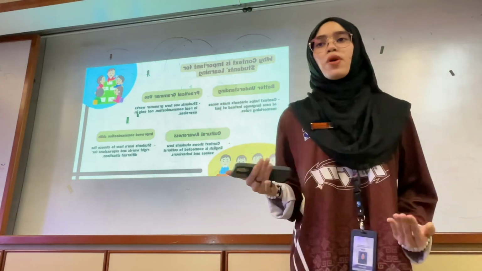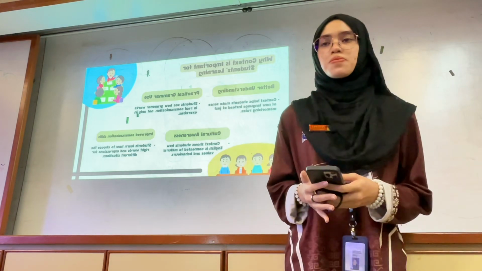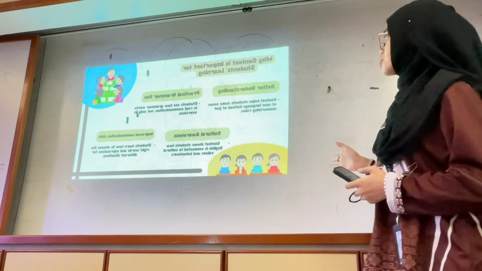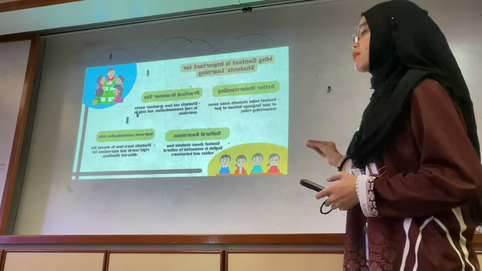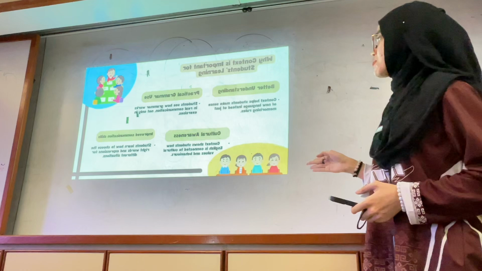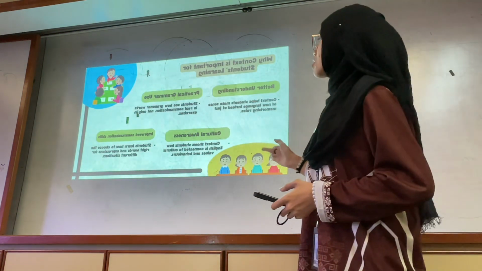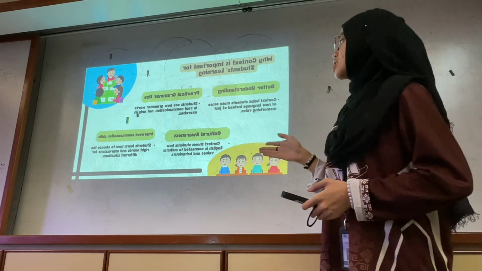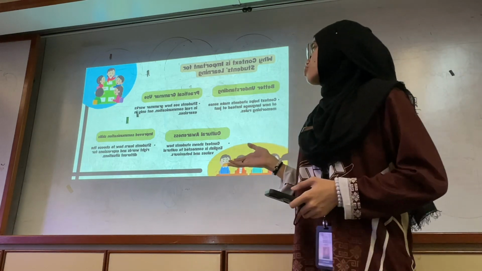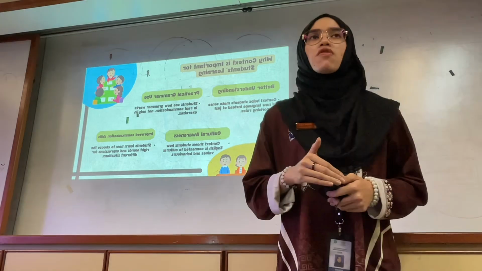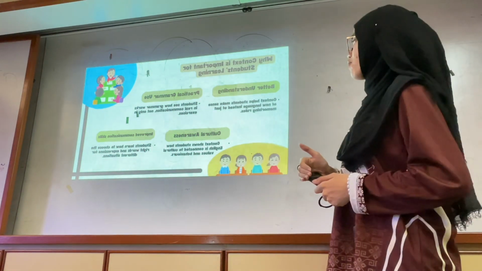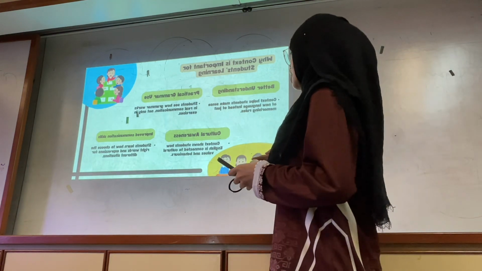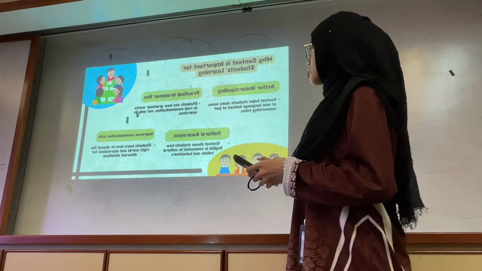And then, why is context important for student learning? First one is better understanding. Context helps students make sense of a new language instead of just memorizing rules. And then practical grammar use. Students see how grammar works in real communication, not only exercises. And then we have improved communication skills: students learn how to choose the right words and expressions for different situations. And lastly, cultural awareness: context shows how English is connected to cultural values and behavior.